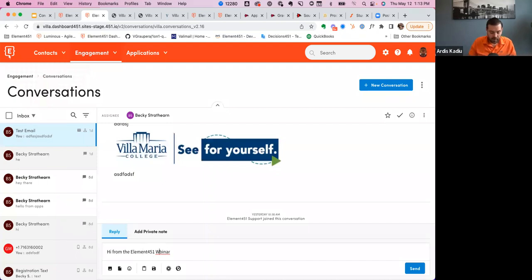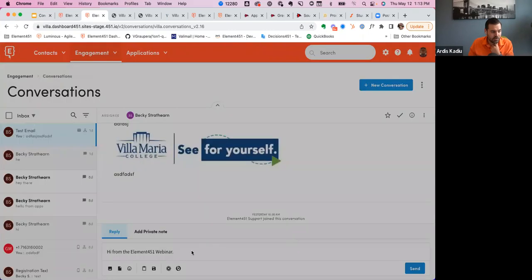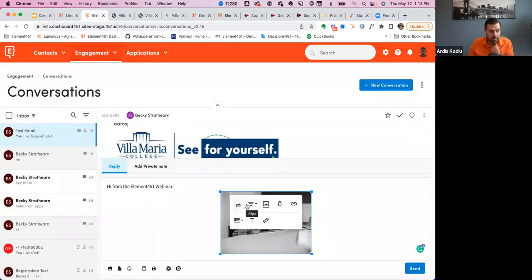And if I can type, and if I can spell correctly, that will be great. As we update this, before, we weren't necessarily able to add images inline. However, we're able to do that now. So I can just add an image, and that image will appear inline.